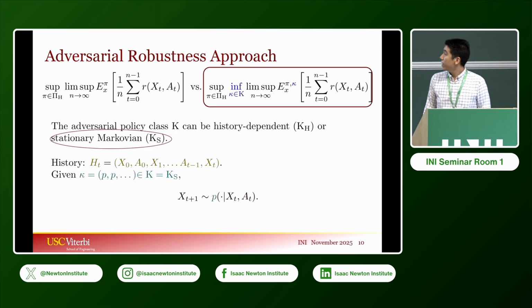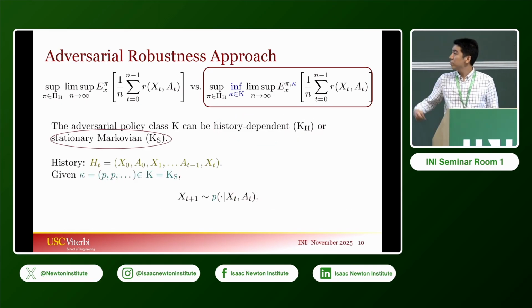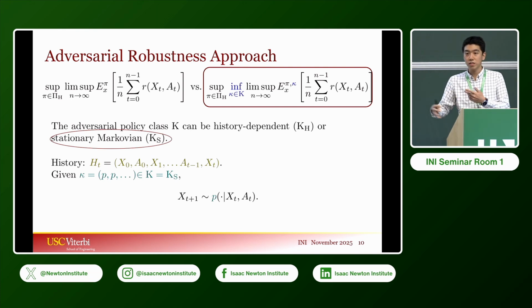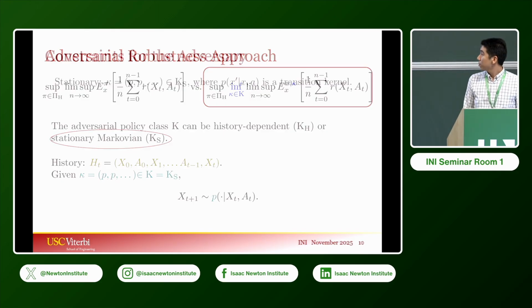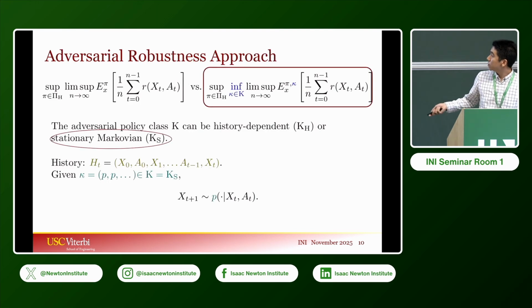So on the other hand, for a stationary Markovian adversary, this is basically symmetric to the stationary Markovian controller's policy, it basically chooses a sequence of transition kernels. So let's say in the stationary policy, they choose a sequence that is one of the same conditional distributions. Now the adversary chooses transition kernels. So basically, this kernel tells us the distribution of X_{t+1} conditioned on X_t and A_t. Yeah. So this is the dynamics.